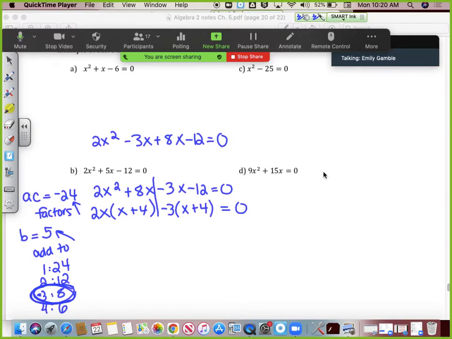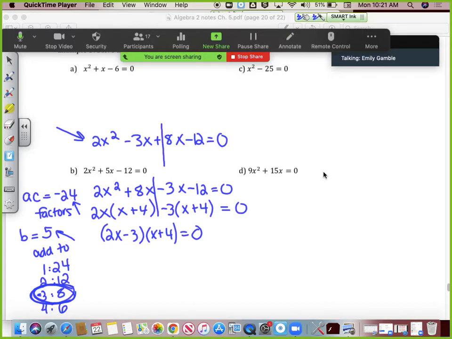So when I go to factor this completely and put it into its normal set here, I'll have 2x minus 3 times x plus 4, and then equals 0. If you chose to rewrite the numbers this way up here, the process will look different, but your answer will be the same. So if I was to do it this way, if I put a line down the center